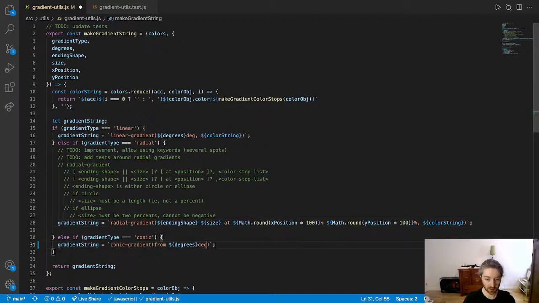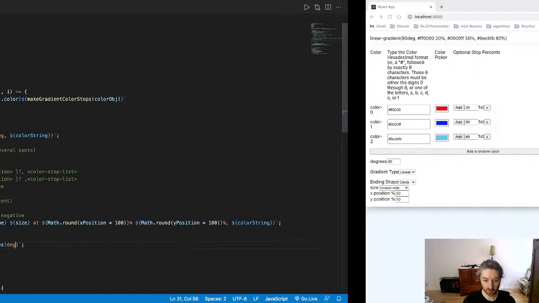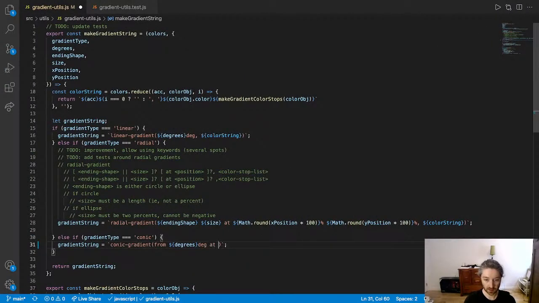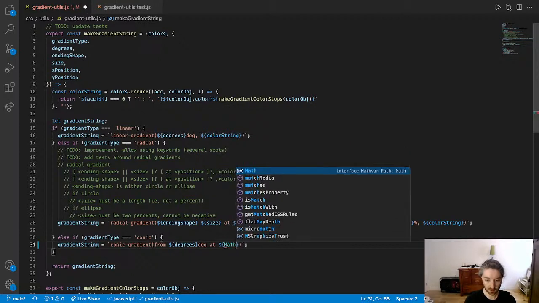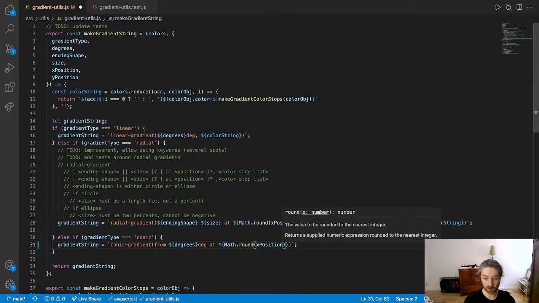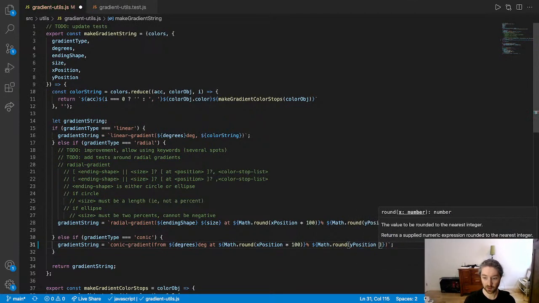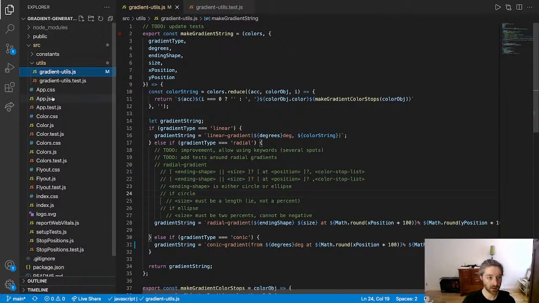From angle at position, comma, at, you would do the same thing here: Math.round x position times 100%, Math.round y position times 100%, comma, and then the color string. So for a conic gradient,